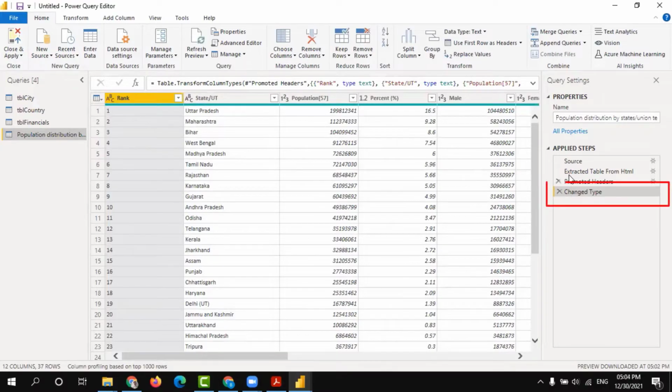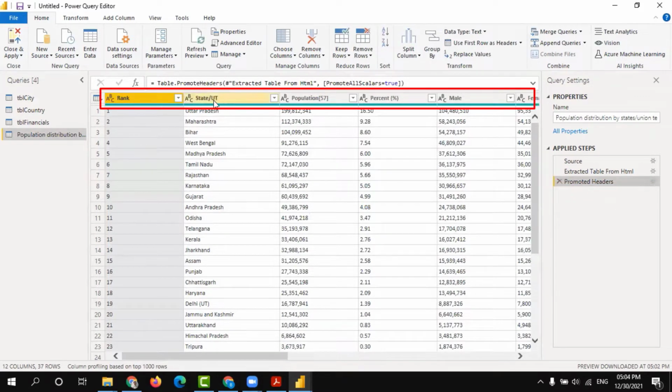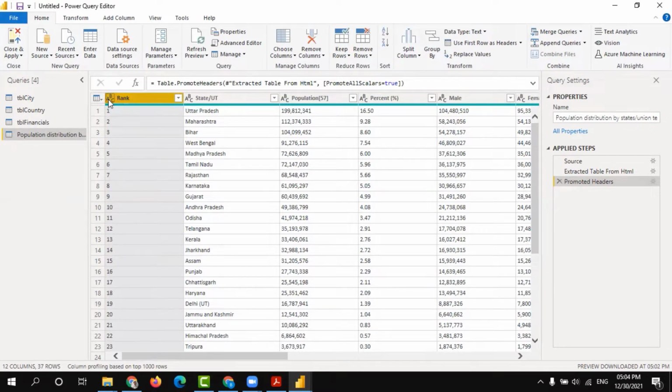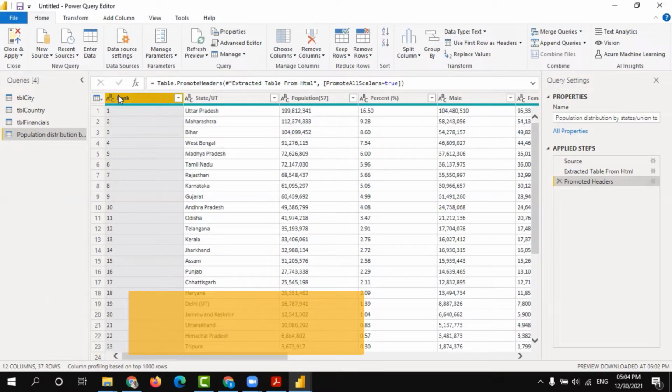Let's say I'm going to delete this step. I'm going to add that. Suppose your model has recognized all the columns like this. After importing the data into the Power BI query model, a very basic step you have to perform is to check whether these columns are converted properly.